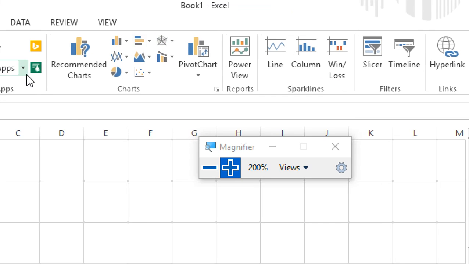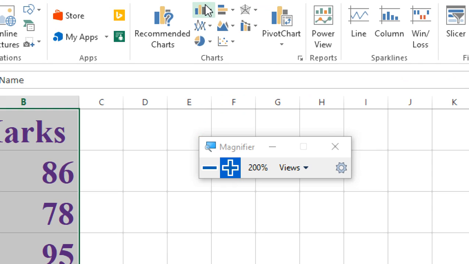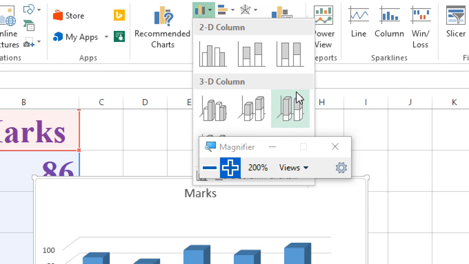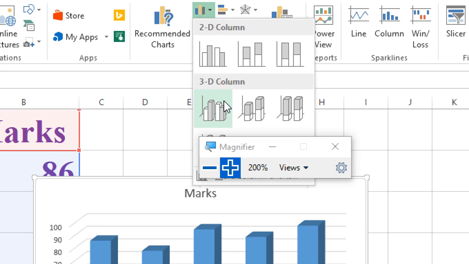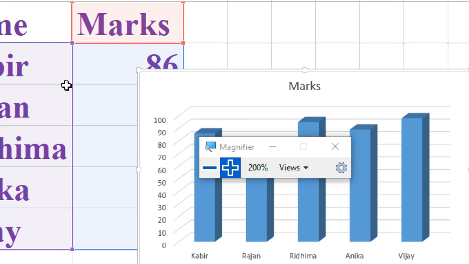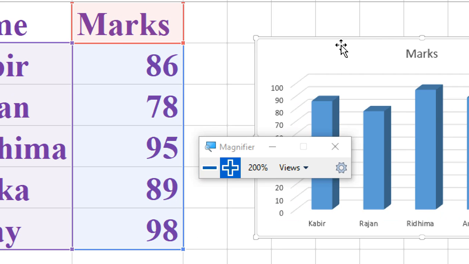If you have data according to a pie chart, you have to select a pie chart. Okay, but हमारा जो data है it is for a column chart. So click on the column chart and you can choose from here 2D or 3D column. Okay, suppose that मुझे 3D type column choose करना है. So click on the 3D. Here you get the chart, but it is coming on the table, टेबल पे आया. अभी हम क्या करेंगे, ये जो ब्लैंक एरिया दिख रहा है, click left mouse button there, hold it down, so you will get this 4 headed arrow. Click on it, hold it down and drag it outside.